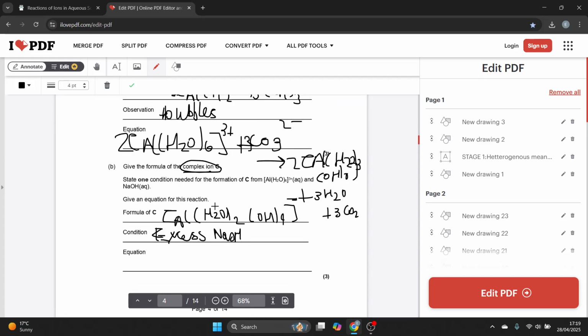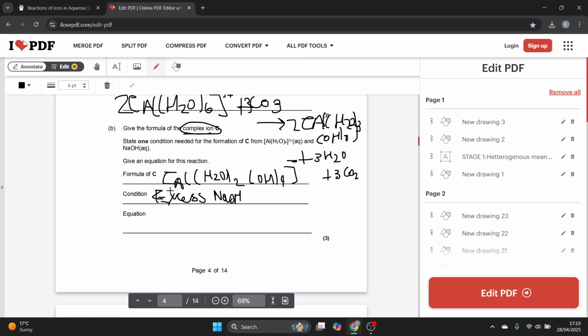And then the equation to form the colorless complex ion C, so with excess, well then [Al(H2O)6]3+ plus